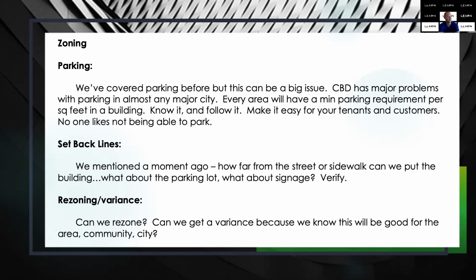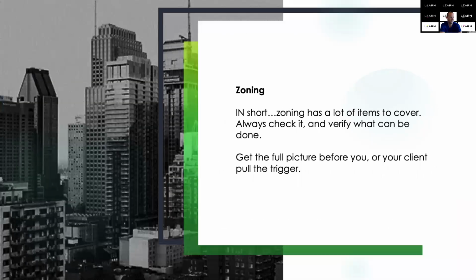All right, setback lines. We mentioned a moment ago, how far from the street or sidewalk can we put the building? What about the parking lot? What about signage, right? How far back do we need to be? Rezoning or variance. Can we rezone this? Can we get a variance because we know this will be a good fit for the area, community, or the city? If you have a great opportunity, a great idea, and you think it's going to be a win, you can always go to the city and propose your opportunity to them, and they can make the decision. It's not always that easy, but